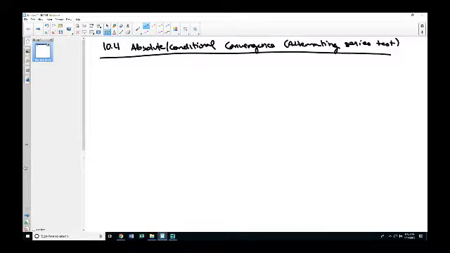Alternating series test. So we're going to talk about alternating series and convergence. But we'll also talk about something called absolute and conditional convergence, because those kind of pair up very nicely. All right, so absolute convergence is